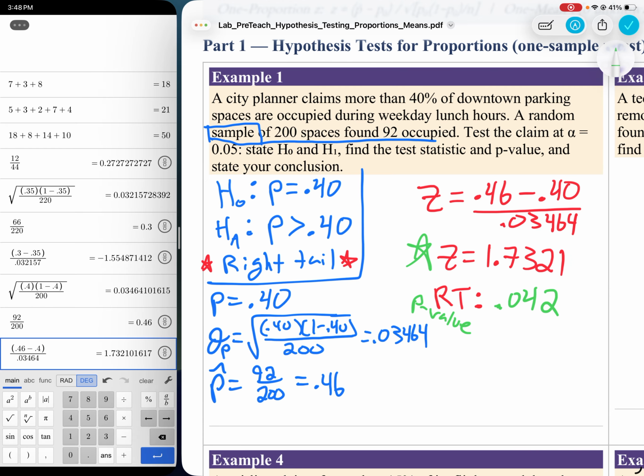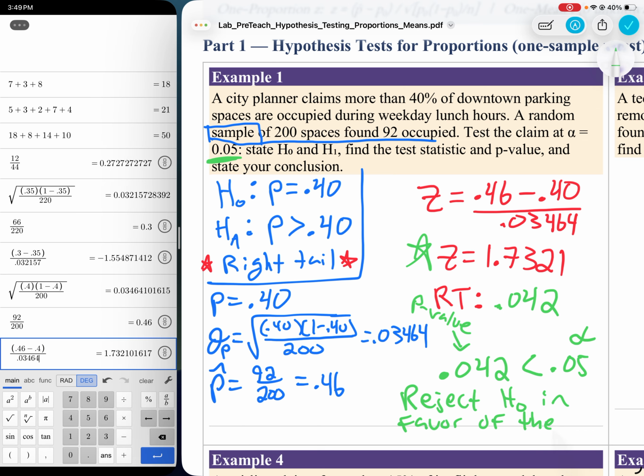And now we're going to take our p-value and compare it against our alpha to decide if we're going to reject or fail to reject the null hypothesis. In this case, my p-value is smaller than my alpha. That's our alpha. This is our p-value. When your p-value is smaller and falls within the alpha range, it's smaller than the alpha, that is statistically significant enough information for us to reject the null hypothesis in favor